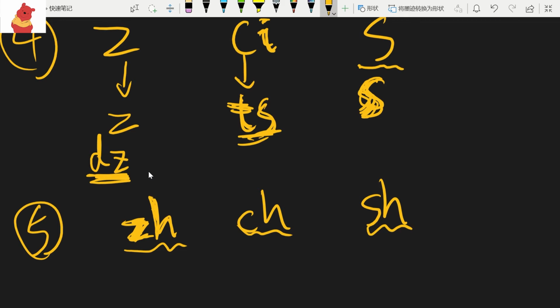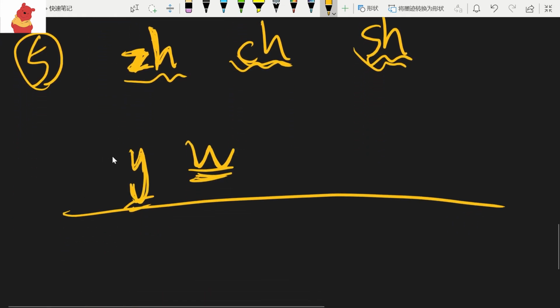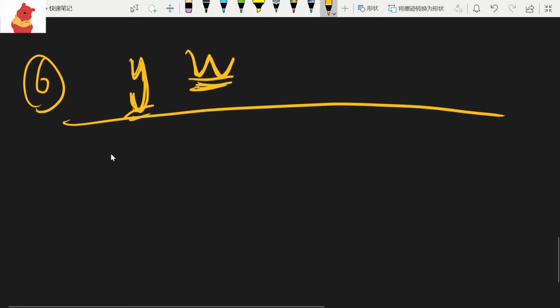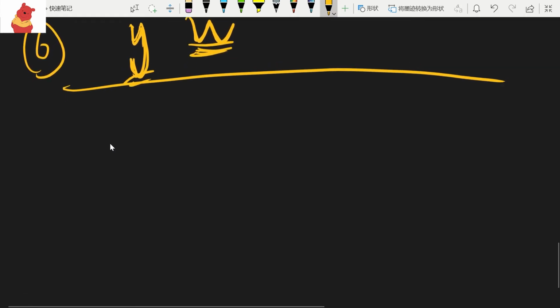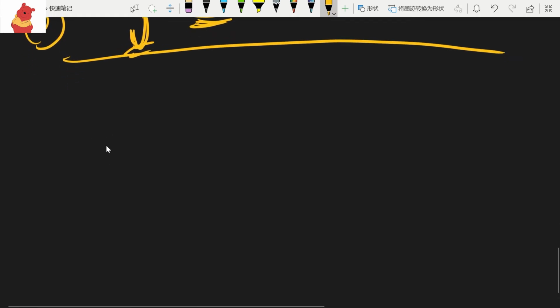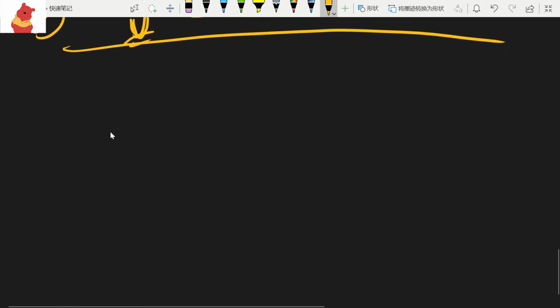Likewise, zh, ch, and sh. This is hard, but after some needed exercise, we will understand how to pronounce them, especially after we learn more rules about pronunciation. So after introducing those 22 consonants,